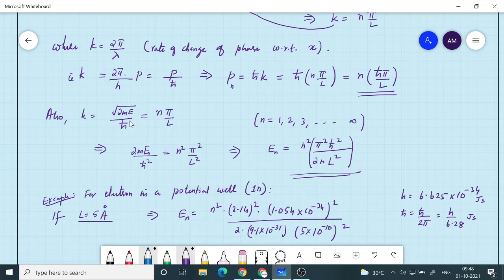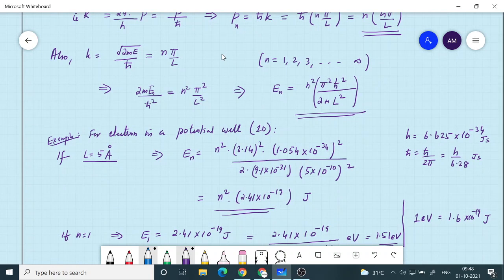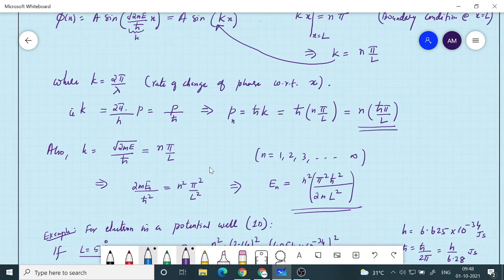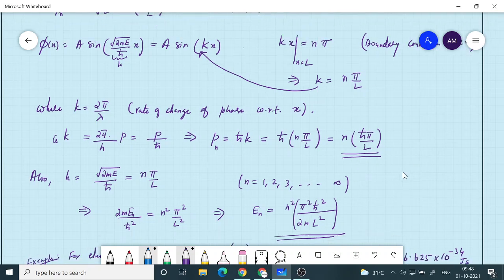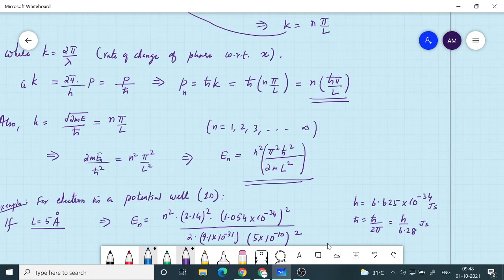So you can substitute that energy that we obtained, and then we can evaluate the corresponding K1, or we can use the expression for K which we obtained as K is equal to n pi by L. Okay, so this also is another way of writing. So n pi by L, where n is 1,